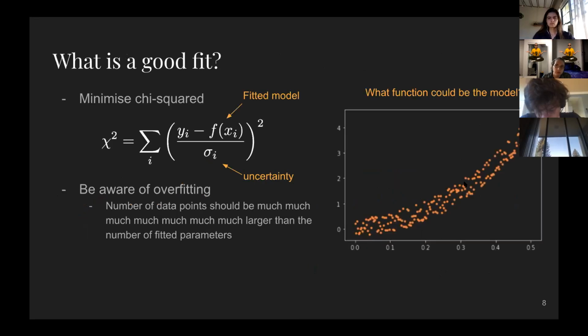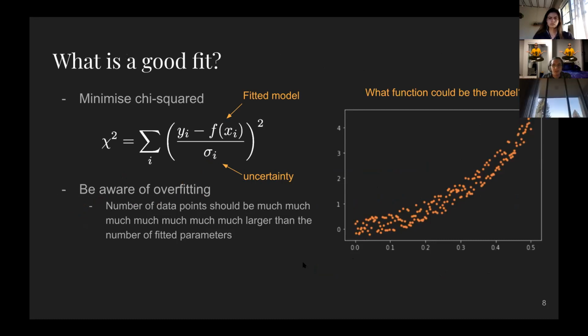But you don't always want to do a polynomial. Sometimes you want to get into something a little bit more complicated. Sometimes you want to use other functions, and we'll talk about that in a second. But to talk about how you can fit other functions, we need to first talk a little bit about chi-squared. What is it? Well, take a stats class to really understand it, but it basically determines how well your data fits a curve. And you're trying to minimize this chi-squared value. Here, it's basically the sum of the error between your data point and the fitted model.